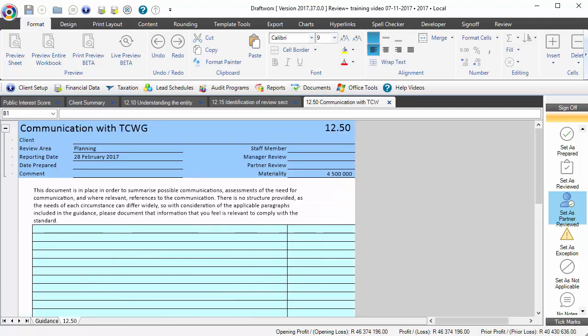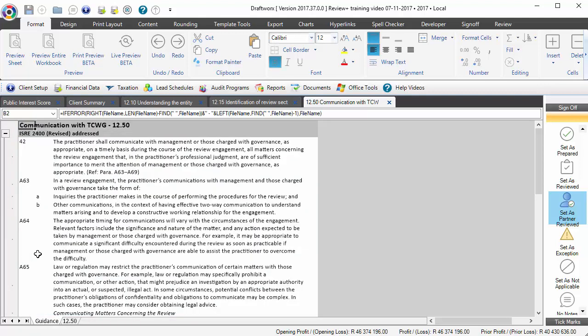Document 12.50 is really just there to provide an opportunity to document any information and details related to matters that have been communicated to those charged with governance. The applicable paragraph dealt with here is paragraph 42 of ISRE 2400, and it's really just throughout the engagement on a timely basis